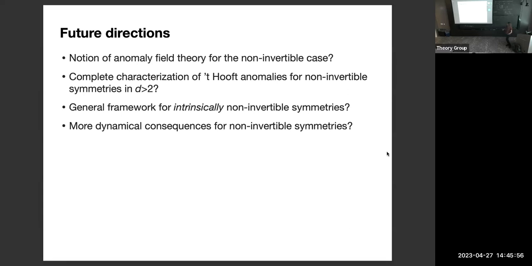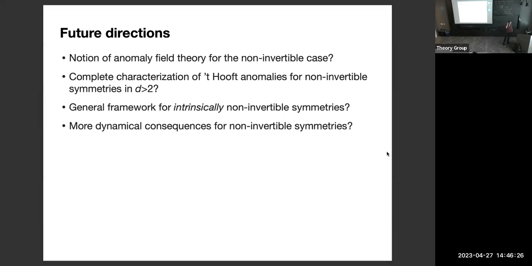These Lagrangian subalgebras are related, of course, to the braiding of these operators in the symmetry TFT that I was describing. Now, I was describing some special set of theories where I know the symmetry TFT, and then I can get the anomalies for the non-invertible symmetries using information I knew about the invertible symmetries, basically. And so it'd be really interesting to extend to cases where I don't have such a picture.